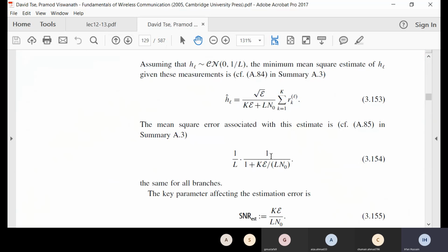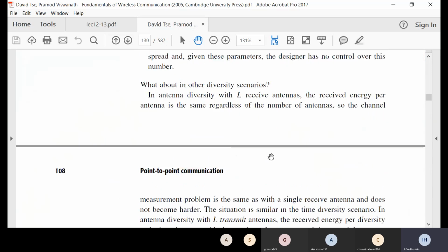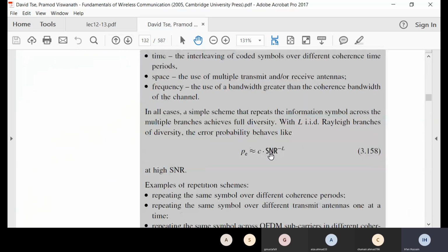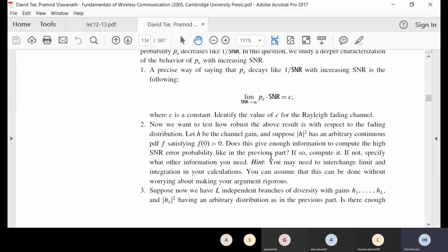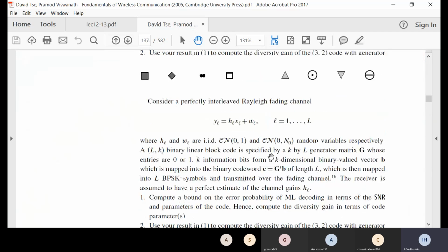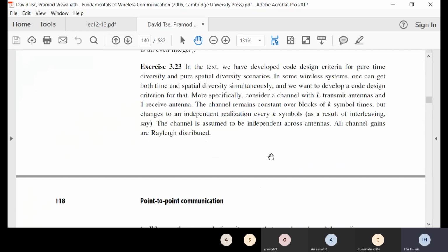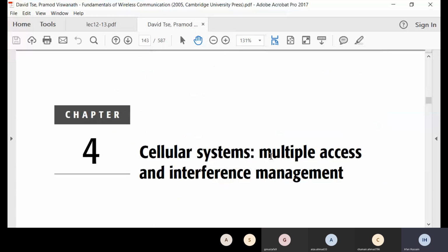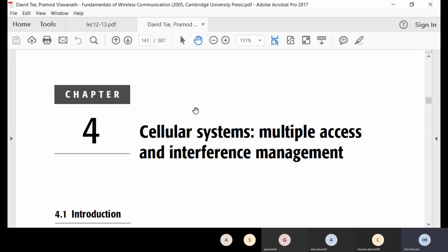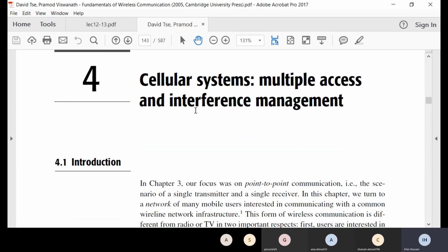Hence, this means we have almost done all of the mathematics of chapter 3 as well as studied all of the related theory, and hence we can now say that chapter 3 is completed in all respects. Now, any question with respect to chapter 3 you can ask now before we move on to the next chapter. Alright, so no one has any question. We move to chapter 4. Now remember,